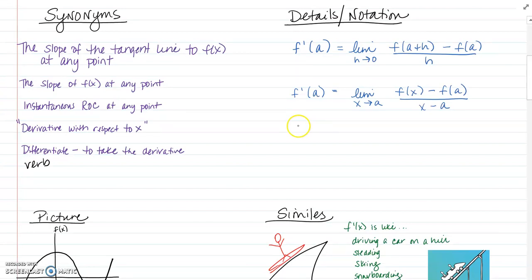The other thing that you might say is that f prime of x is equal to d dx of f of x, where this d dx is an operator, so it means to take the derivative of f of x. We might also say that f prime of x is equal to dy dx. And that just says, like, if your function is the same thing as y, this represents the slope